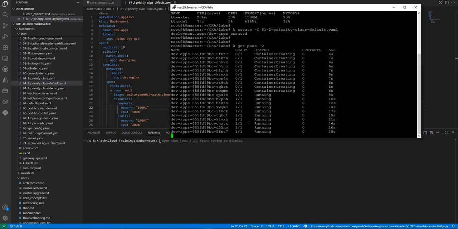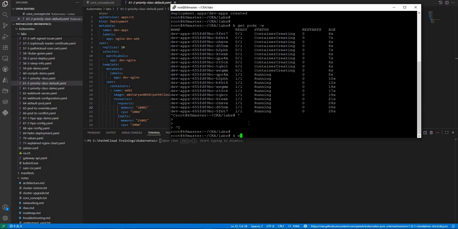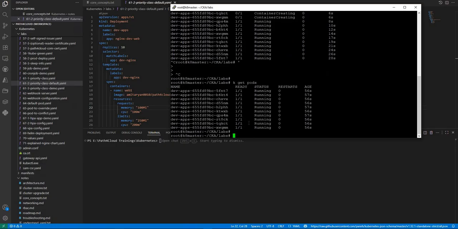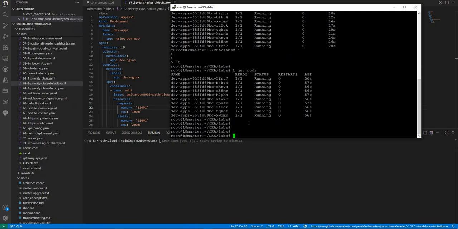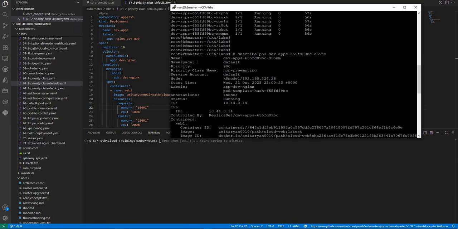Let me show you first. If I run k get pod, you can see that 10 out of 10 are running. If I describe one of the pods with k describe pod and go up somewhere, here you can see